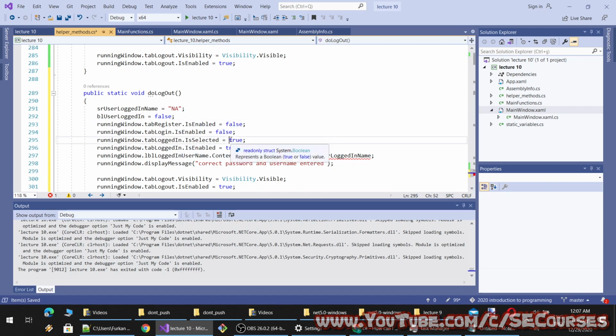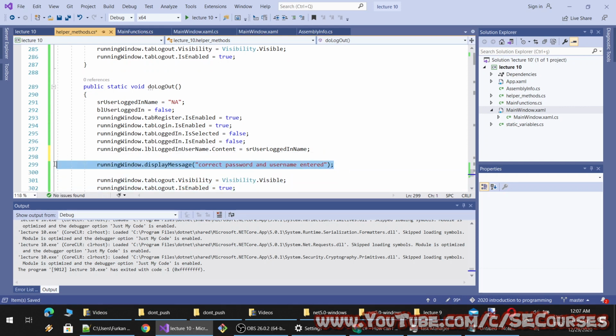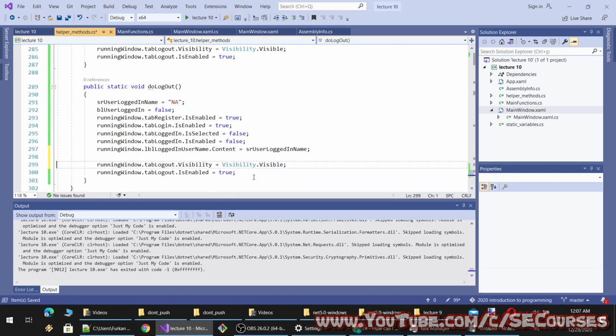So register enabled will be true. Login enabled will be true. Is selected will be false. Logged in is enabled will be false. Okay, and the logged in username will be equal to this one, NA, and we don't need to show any other message.